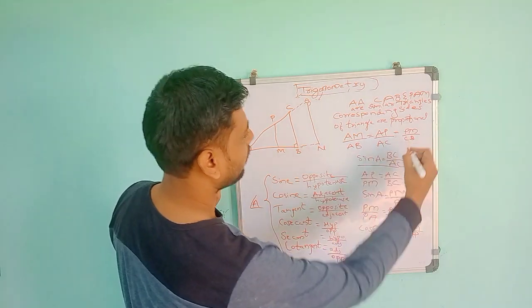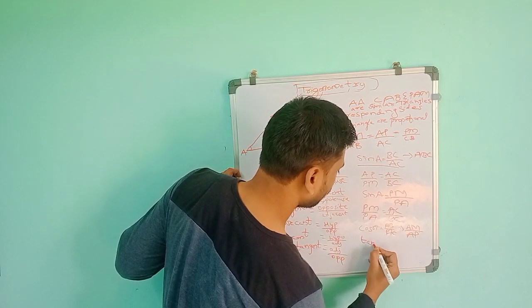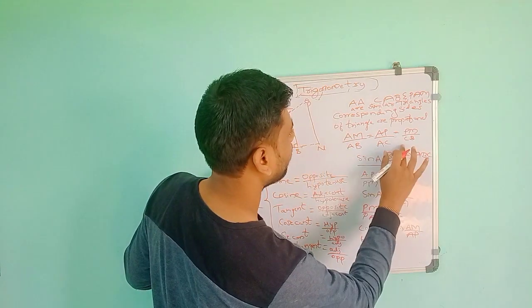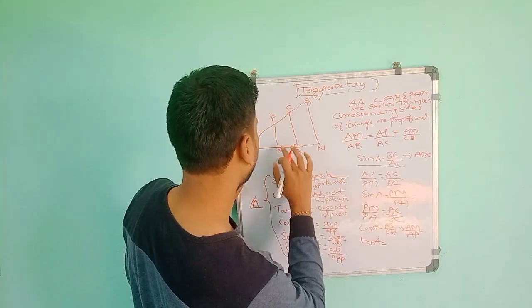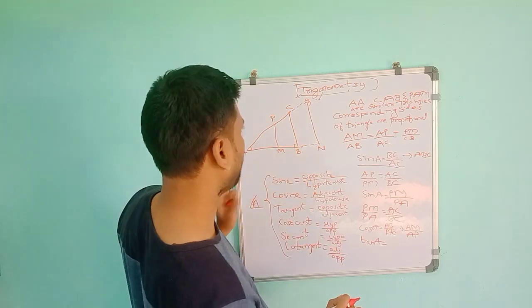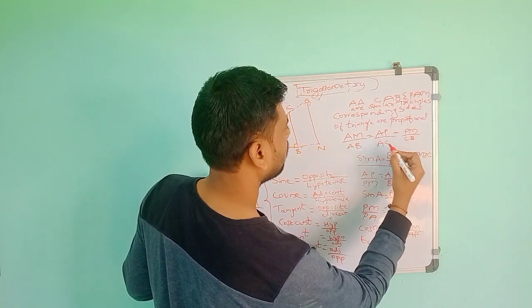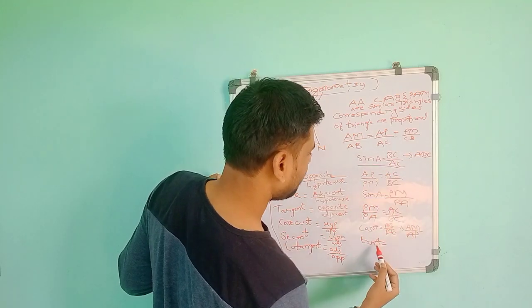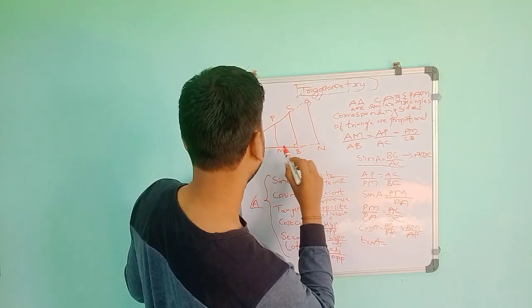Like that, you can take tan A, which is opposite by adjacent. So see here, tan A is equal to opposite, nothing but here